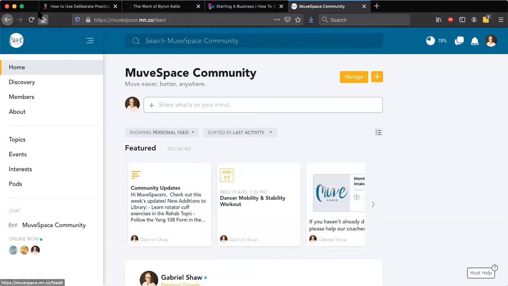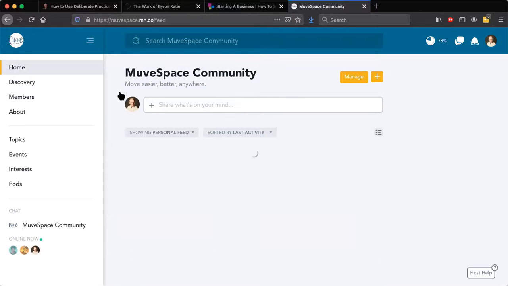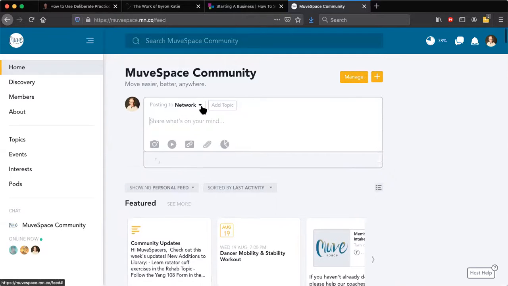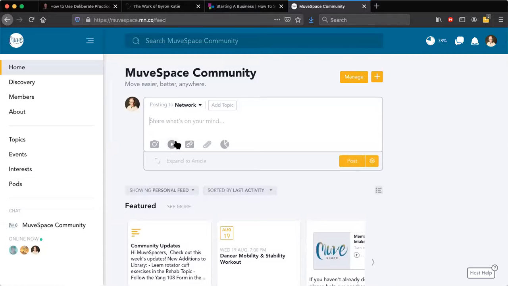So you should be seeing my screen now, and all I've done is log into the community. As soon as you log in, you're going to see this home, which is our basic community URL and my personal feed. As soon as I want to start sharing something, I can just click into this feature here, and I can add a picture, a video, a link, an attachment, or a poll, and post it right in the community. If I want to add it to a topic, I can go right up here